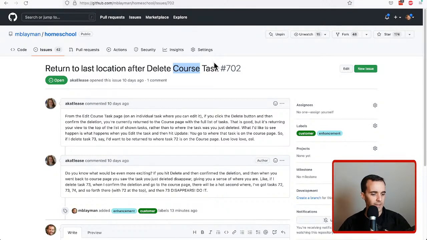So one of the things that I tried to add to the application to make the experience nicer is that if there are operations that take the user away from this listing page, like an edit on a task that's part of the course, it comes back to that spot. And so what my wife reported is that one of these operations I missed, basically. And it's the fact that when something is deleted, it doesn't come back to that spot, which on some level